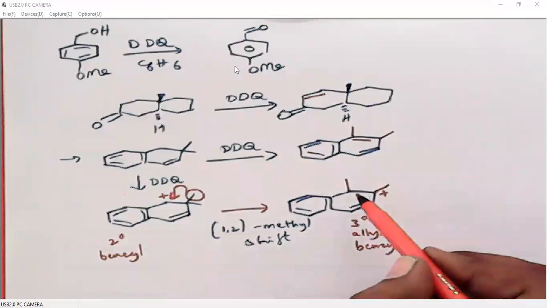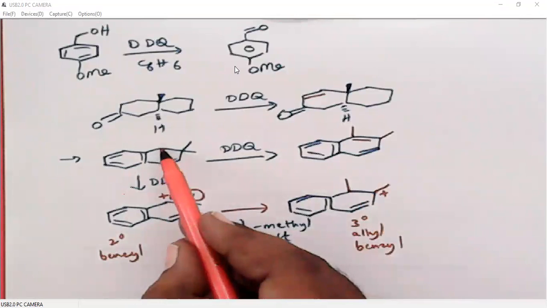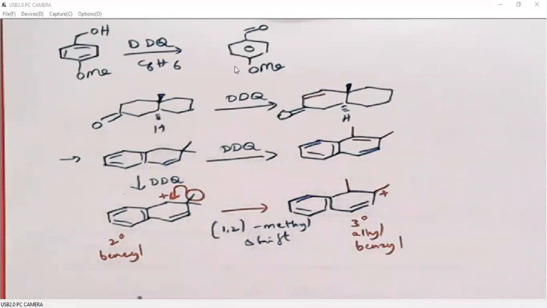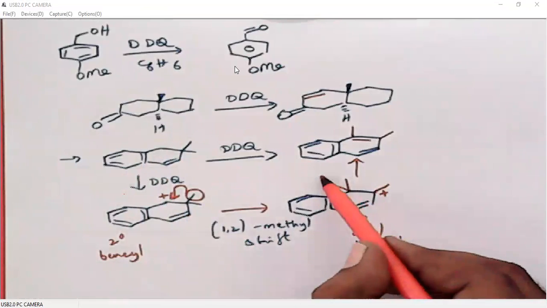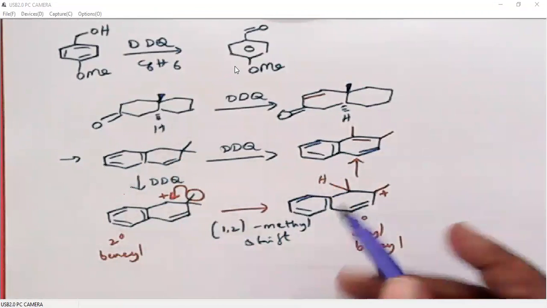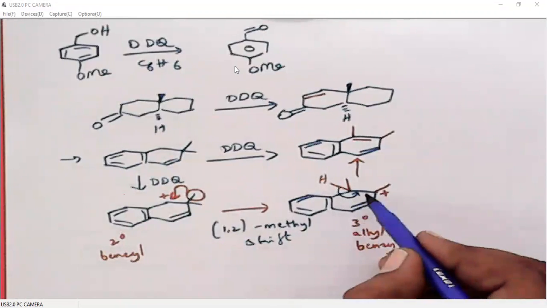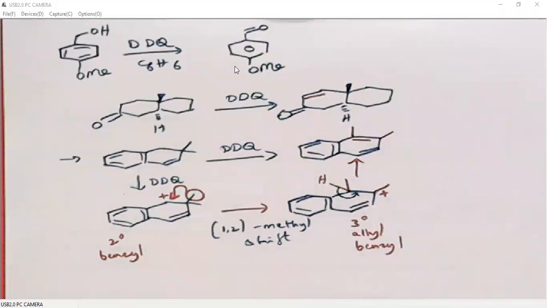Then we can also pick up a proton, H plus, from here because this carbon will have two hydrogens. One hydrogen is leaving as H minus. The other hydrogen is leaving as H plus. I'll also write it, no problem. So one more hydrogen will be there, so that we can take it out as H plus. The bonding electrons will be polarized towards this carbocation so that it generates a carbon-carbon double bond. So this is how we can have rearranged products in the case of DDQ.